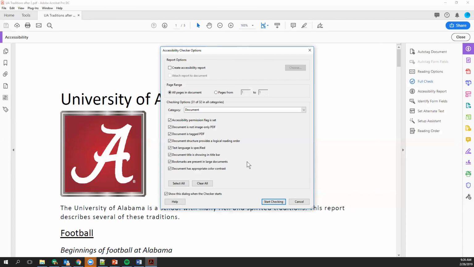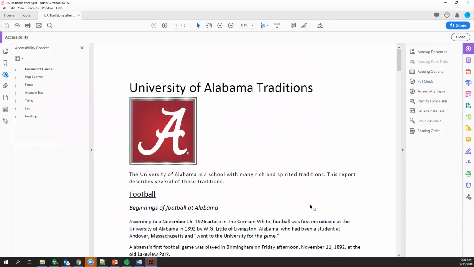This tool is the one I prefer to use in the scenario we've looked at so far. So a situation in which we have access to and the ability to change the source document. We've already taken steps to ensure that source document is as accessible as possible before creating a PDF using the Acrobat PDF Maker add-in. Let's go ahead and use the full check to check the accessibility of the Traditions PDF now. So I'm going to select Start Checking. The check will run, and